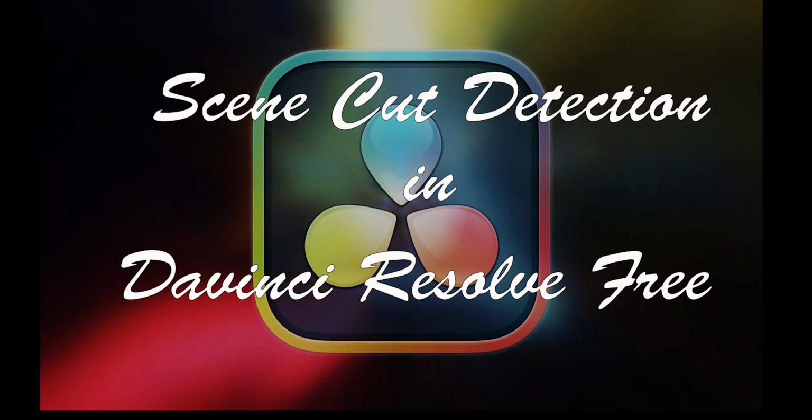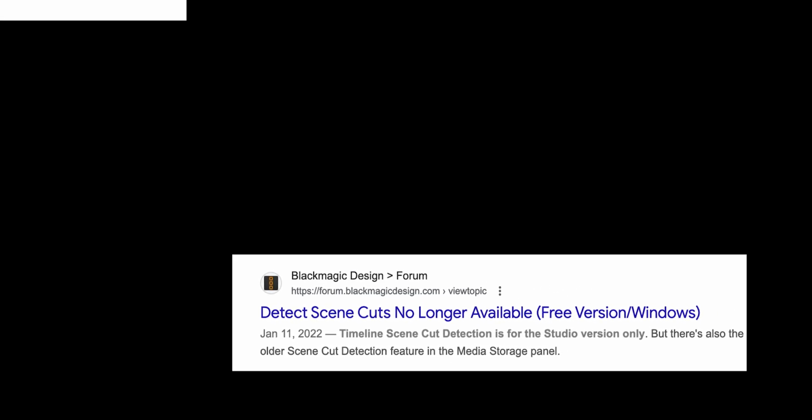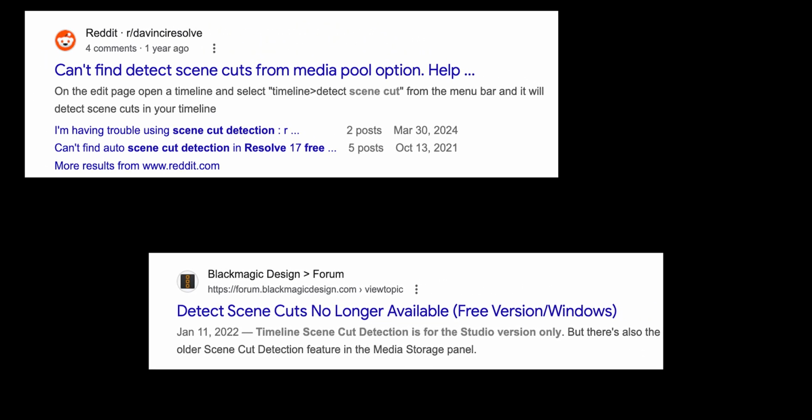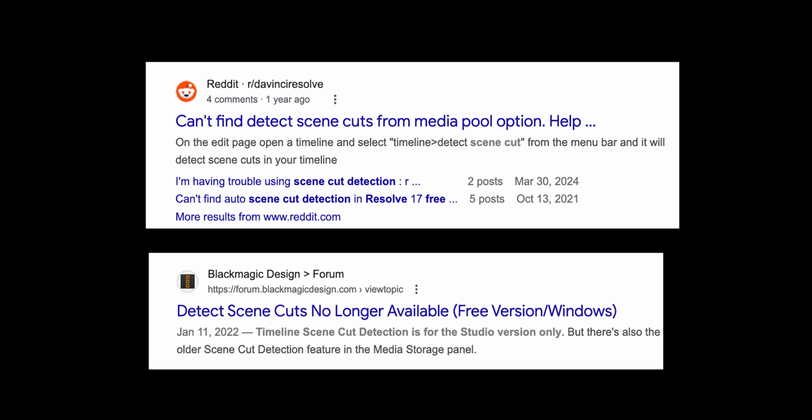Today we're going to show you how you can take advantage of DaVinci Resolve's very useful scene cut detection tool. Now this is possible even if you don't have the full studio version of Resolve. Now there's some confusion surrounding whether or not you can use scene cut detection in the free version of Resolve, but there is in fact a method of doing this, and that's what we're going to learn about in this